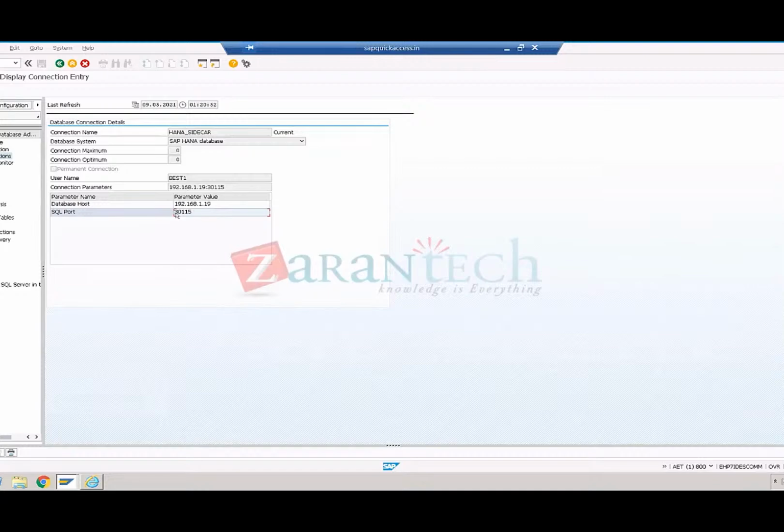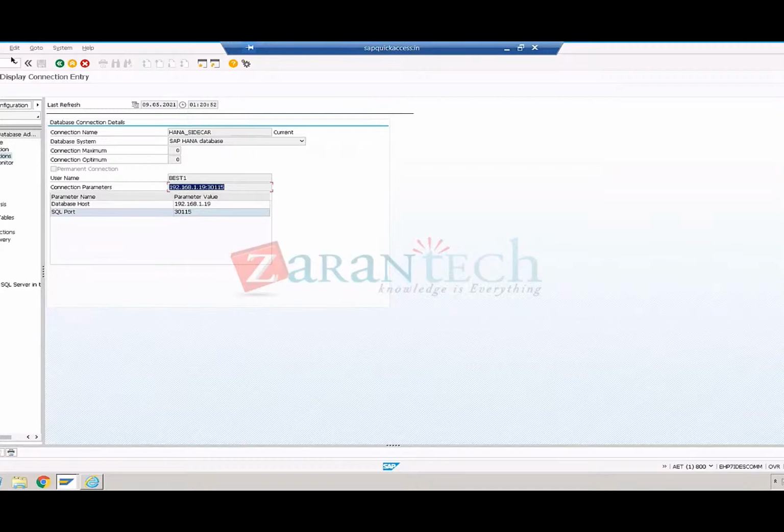If you remember, port number is nothing but the 2 digits in the middle. 01 is the instance number that we are initiating for the SAP system. The connection parameter, the user ID password is provided, and that is how a DB connect is established between the SLT system and the target HANA system. So these are the prerequisites. The RFC connection needs to be established, and